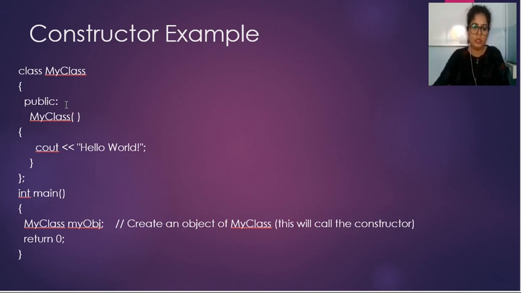I have told you the constructor has the same name as the class name. So the name of the class is my class. So we have to create the constructor by writing the name of the class. So here I have written my class with a round bracket, as a constructor is again a function. A constructor is a member function, so there is a round bracket, but it ends without a semicolon.